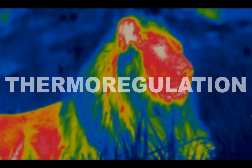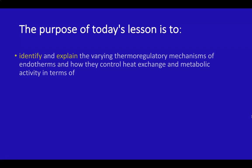It is on thermoregulation. And again, just to recap, we're talking about homeostasis, which comes from the Greek words same and steady, and it refers to any process that living things use to actively maintain fairly stable conditions that are necessary for survival. So the learning goals for today are: firstly, to identify and explain the varying thermoregulatory mechanisms of